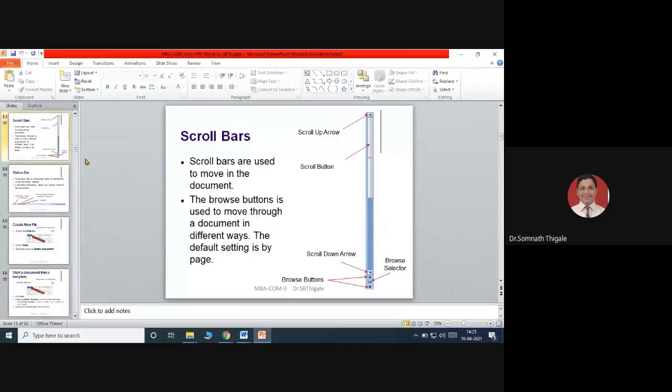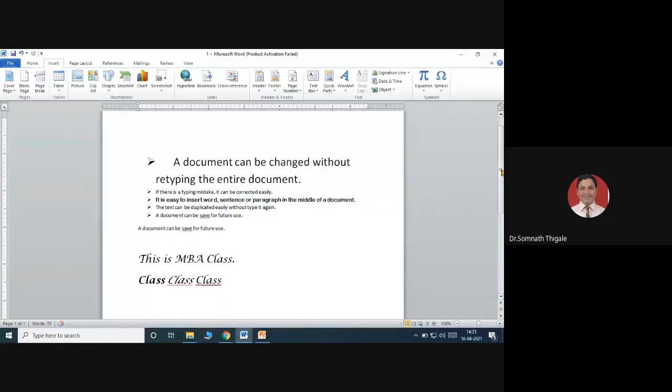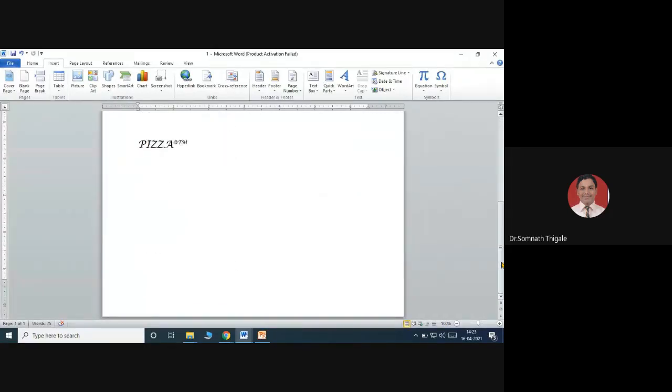After the ruler, scroll bars. This is what I have shown to you, for the upside and for the downside. See, bringing the cursor down, you can make the page go up and down. At the moment I have only one page.